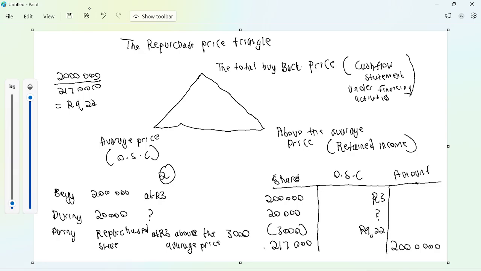But in this case, they're saying that shares are repurchased above the average price. If they say above the average price, now you focus down here. You have to have this amount and this amount. So you say this amount divided by this, and you're getting your average price now. So you're going to say 30,000 multiplied by 9,22. So that will be your negative